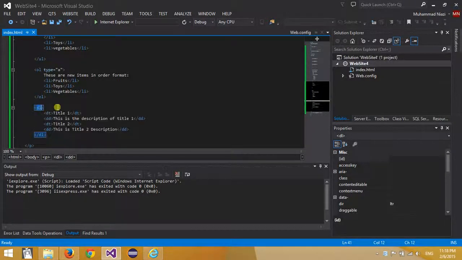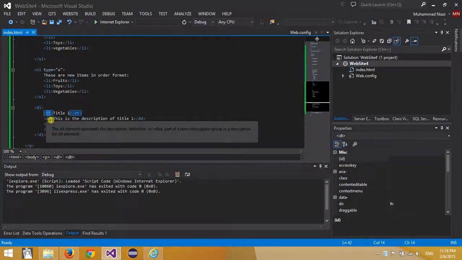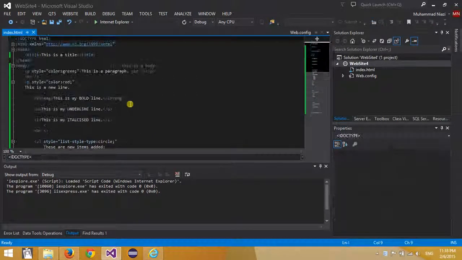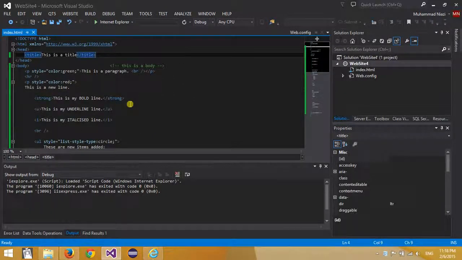Then we have the HTML description list, which starts with the DL tag, and it has a term and a description. The term is displayed by the DT tag, and the description of that term is displayed by the DD tag. And yeah, that's about it. And then we're gonna talk about tables and further